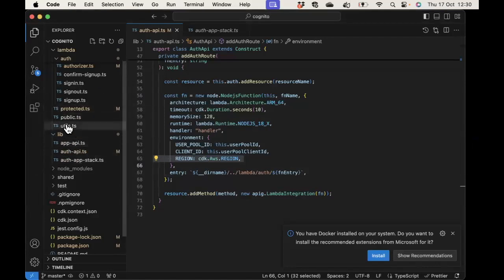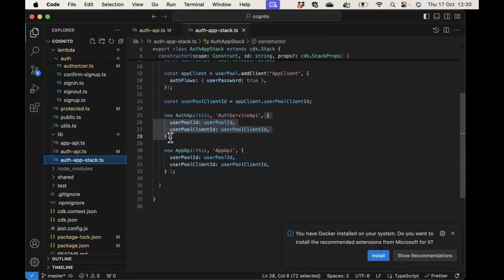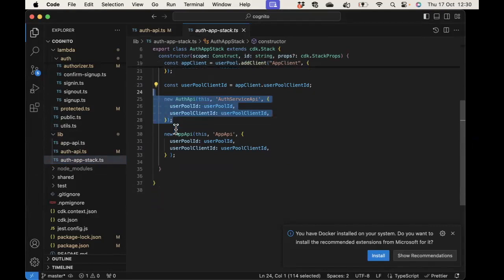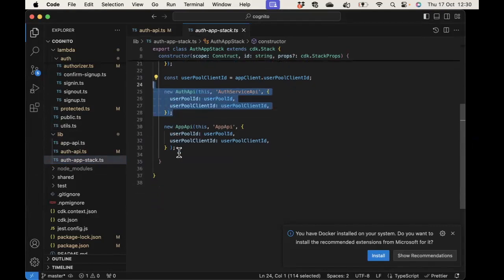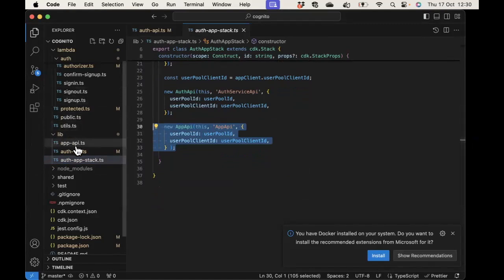Back to my stack file. So this has the effect of creating all of the authentication web API and all of the lambdas behind it. This is pretty much doing the same thing, but for the app API and the lambdas behind it. And the internals of it are quite similar. So if we look at that custom construct, which is this one here,